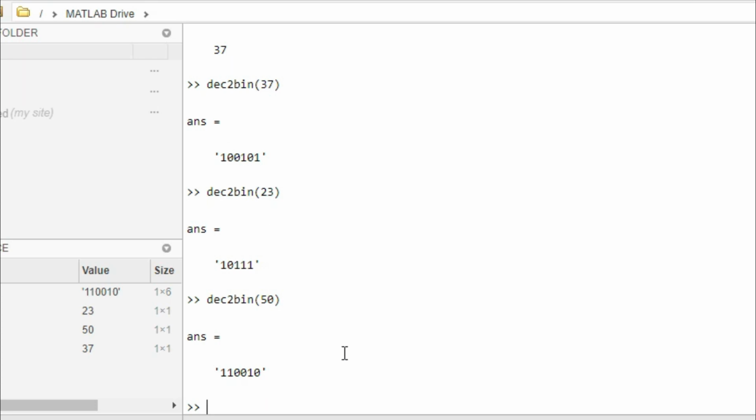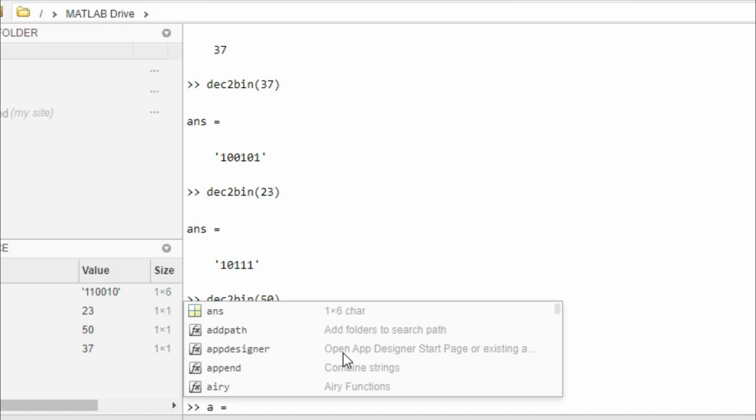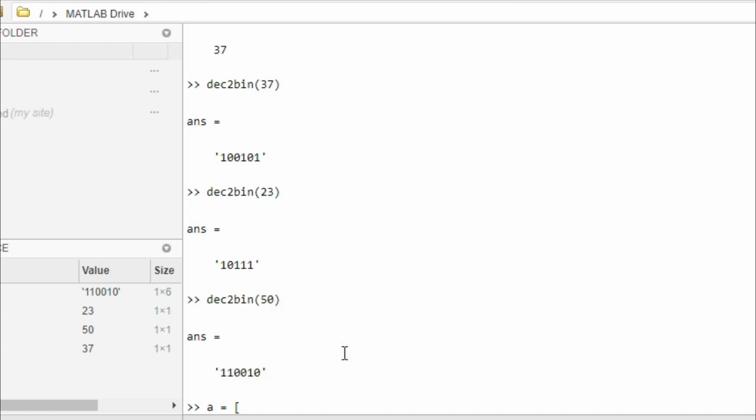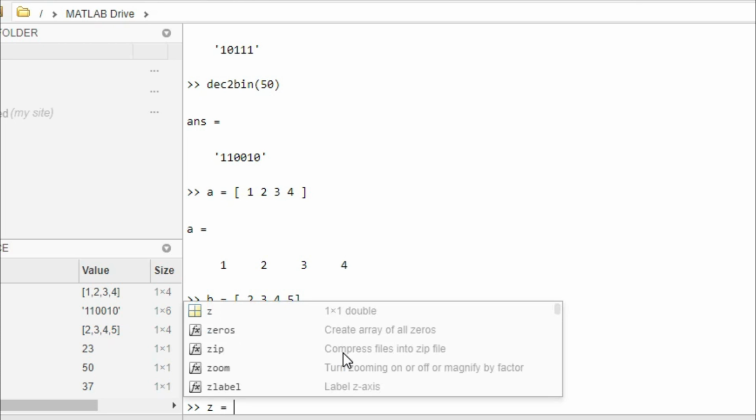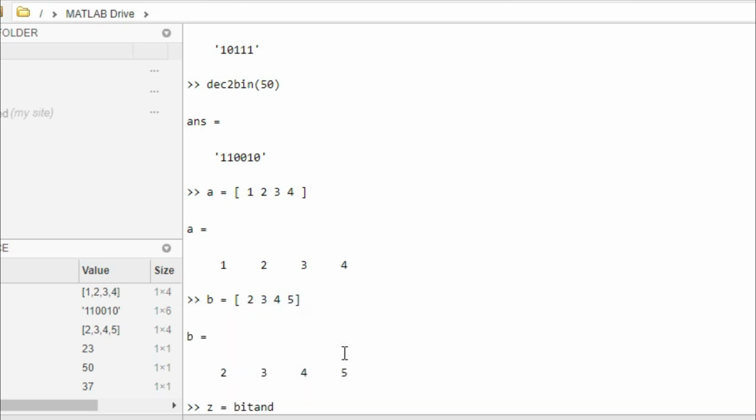So let's try these operations with matrices. We have a equal to [1 2 3 4], b equal to [2 3 4 5]. Let's try z equal to bitand of a and b. It does the same, it gives the bitwise AND of a and b. Now z equal to bitor of a and b.